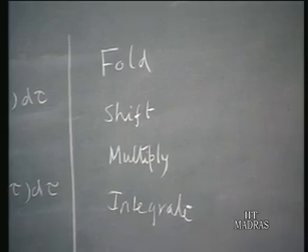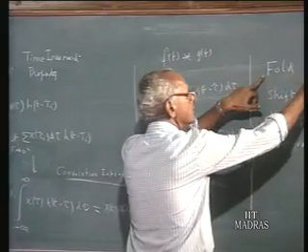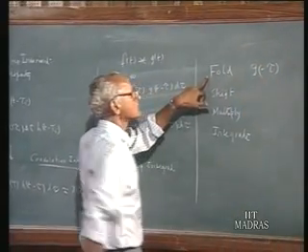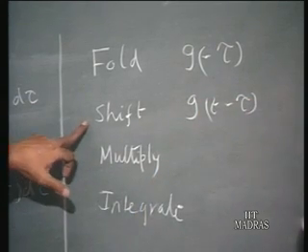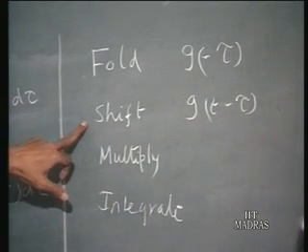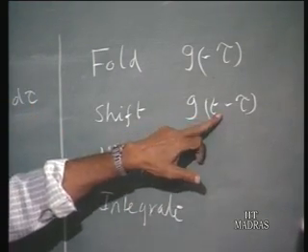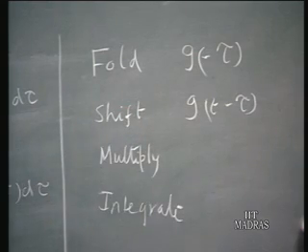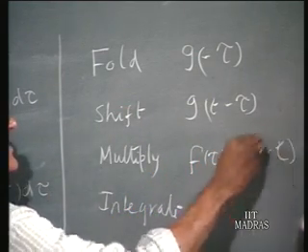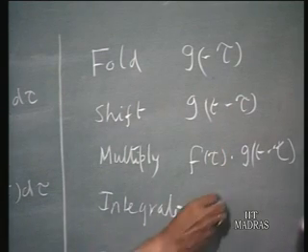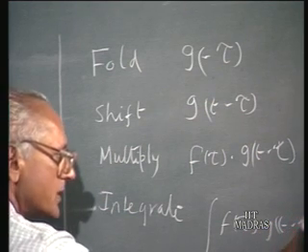So, you are having here g of t, the time function; g of minus t is what is obtained by folding. Then shift it, so g of t minus tau, you shift it by the amount at which you want to calculate the integral. At t equals t1, if you want to find out the product at t1, you fold it and shift it by that amount t1. In general, g of t minus tau. Multiply. So, f of tau is multiplied by g of t minus tau. And then integrate, that means you find out the area under this curve. So, these are the steps that are involved.